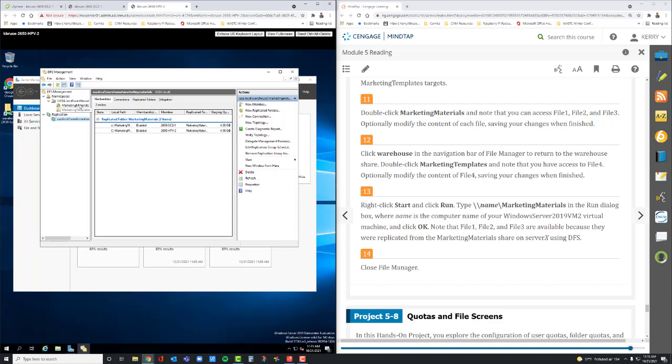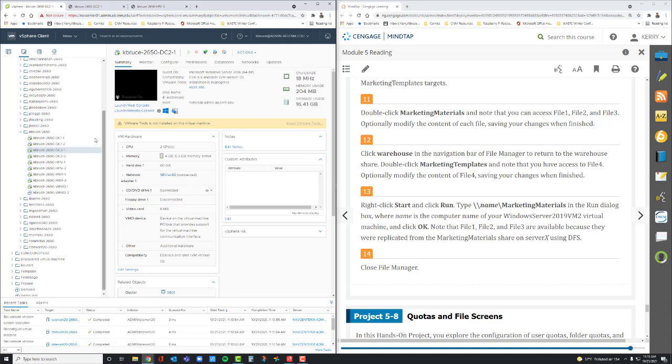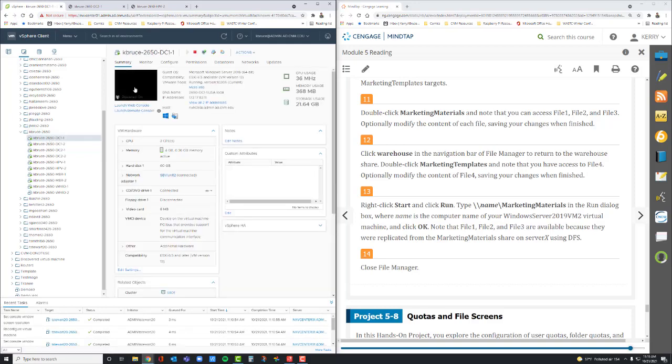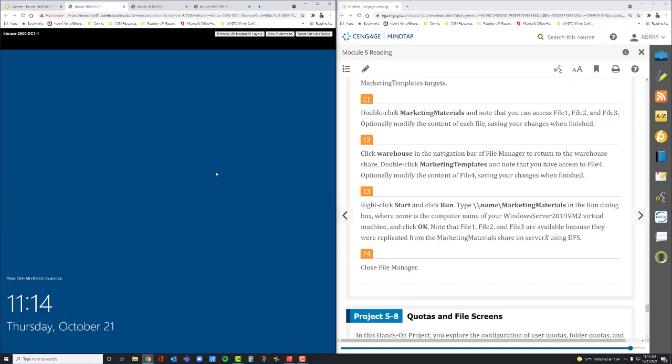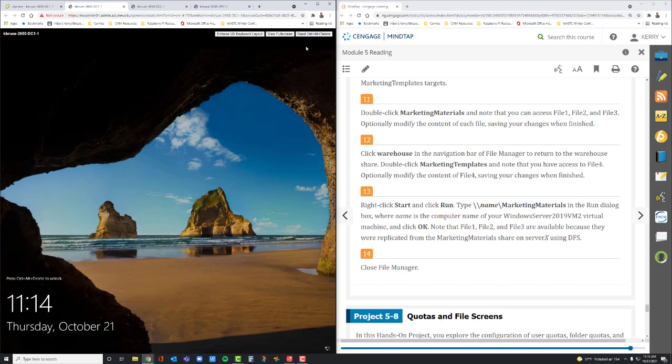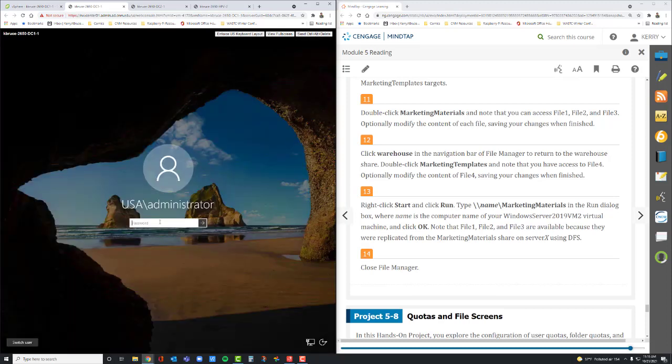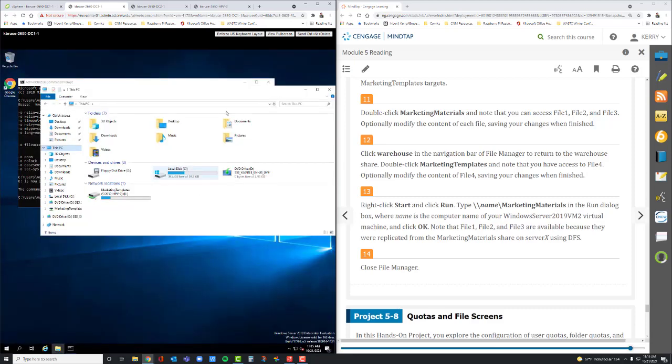What I'm curious about is if I go to warehouse here, I'm going to do one thing real quick before we go any further. I'm going to go, say, to DC1, which is on the same domain that I'm on, right? I've got to do this on one of my domain controllers or domain servers. It could be any domain server, I think. So this is me stepping one step past